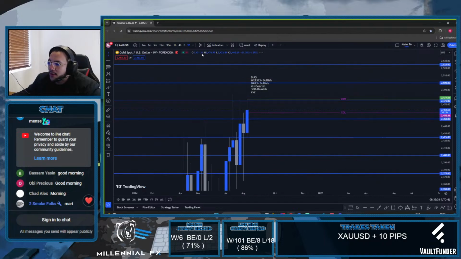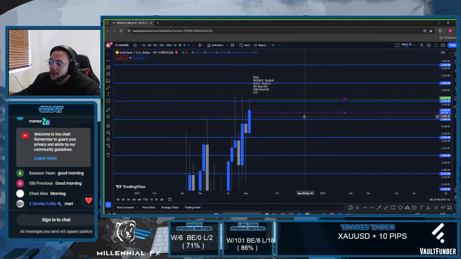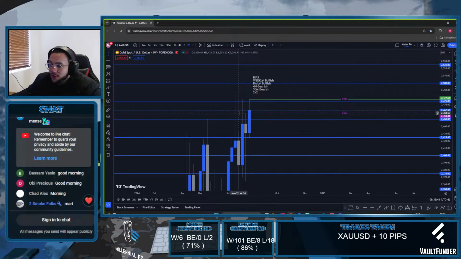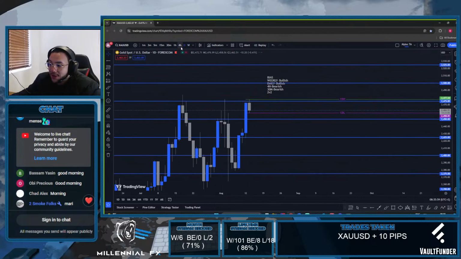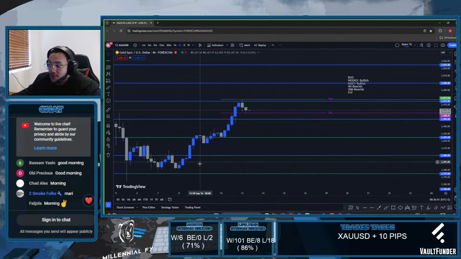And then I want to come to the weekly just to show you something. Where the current daily low is, do you see that it's right on the wick of last week? Do you see that? So I'm going to use that as one of two things. Either I'm going to use it as a support level to continue bouncing off this area, or for price to get beneath that and we can look to short down. Okay? And that's how I can start using the candlestick to my advantage.